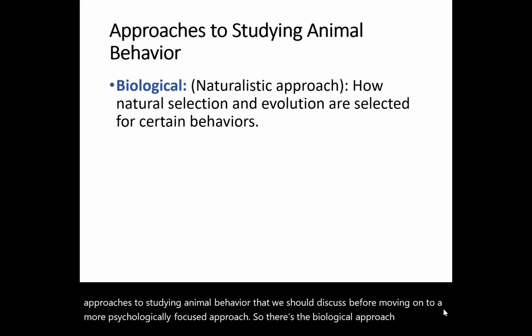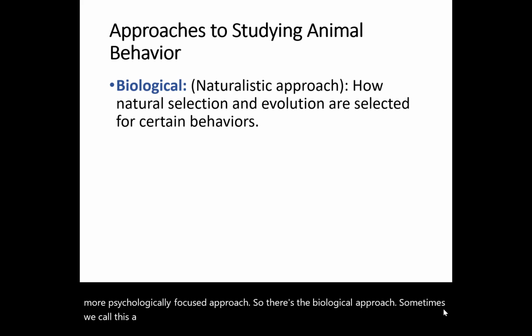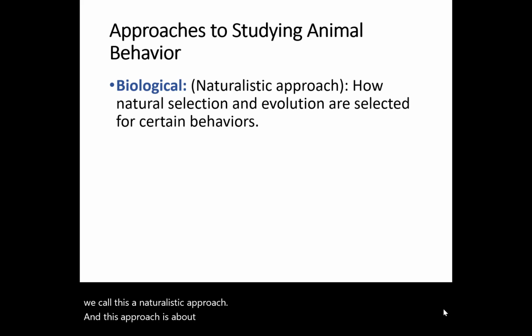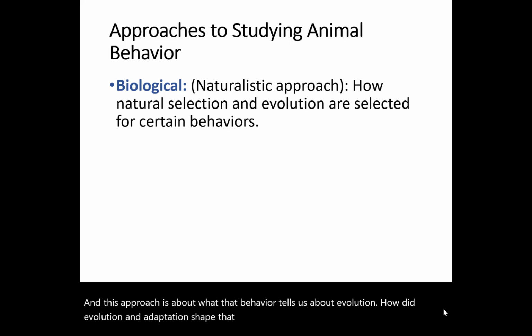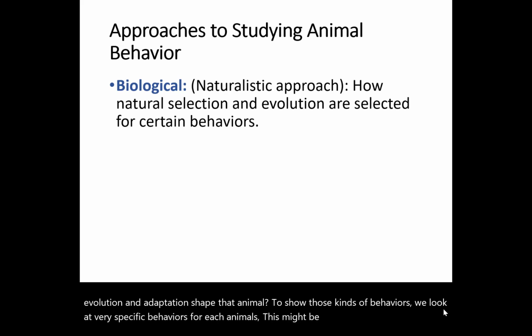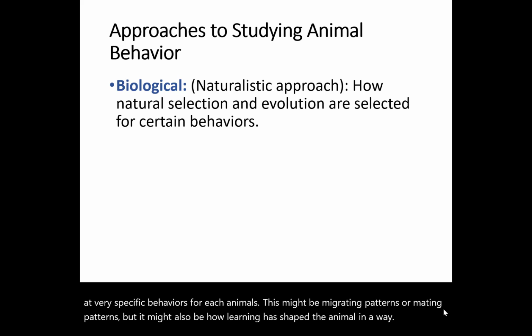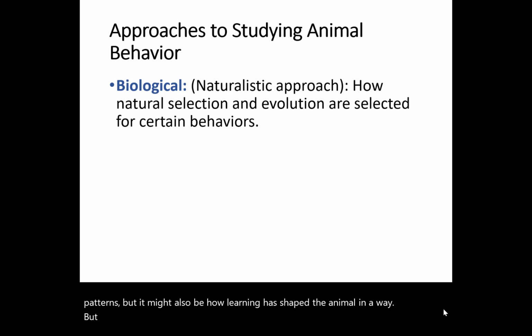So there's the biological approach. Sometimes we call this a naturalistic approach. And this approach is about what that behavior tells us about evolution. How did evolution and adaptation shape that animal to show those kinds of behaviors? We look at very specific behaviors for each animal. This might be migrating patterns or mating patterns,